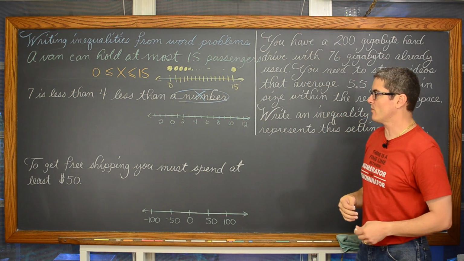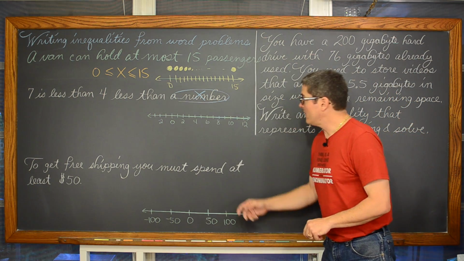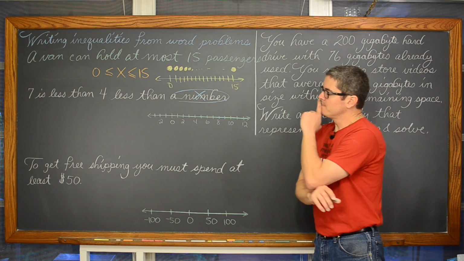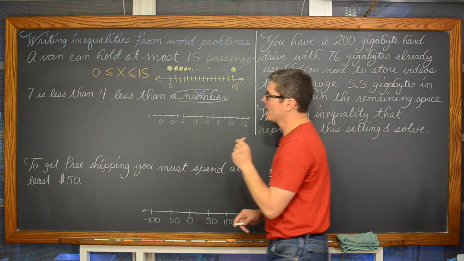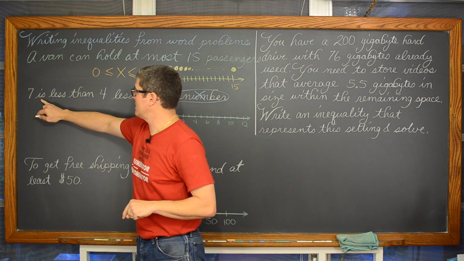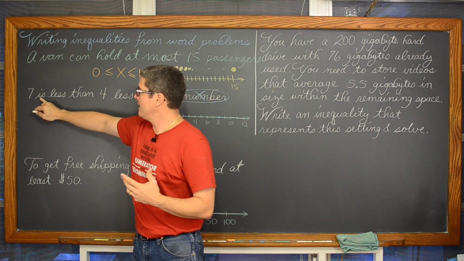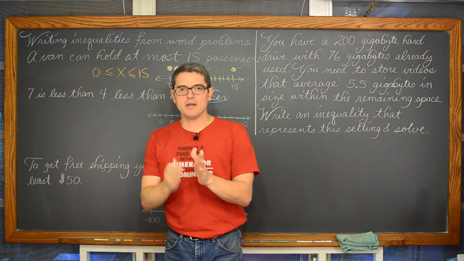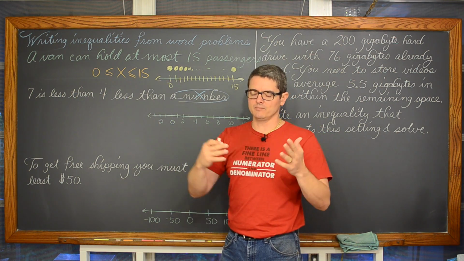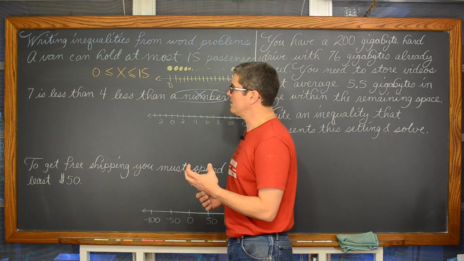So that is going to represent a variable of x or a or b or c or whatever letter you feel like being, that variable, and 7 is less than 4. Well, when you're writing an equation, I have other lessons, and I'll put links to those lessons in the description of this video if you'd like to go watch them, about setting up equations from word problems. And we know the word "is" is an equal sign, which breaks your left side and your right side of your equation up. And that kind of does the same thing here with inequalities.